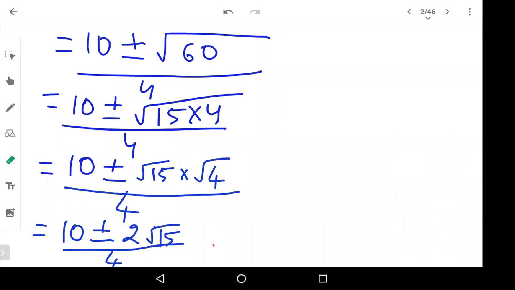Now if you see this number, you can do some division part here. So you can take 2 ones are 2, 2 twos are 4. That also will work, right? And then you have